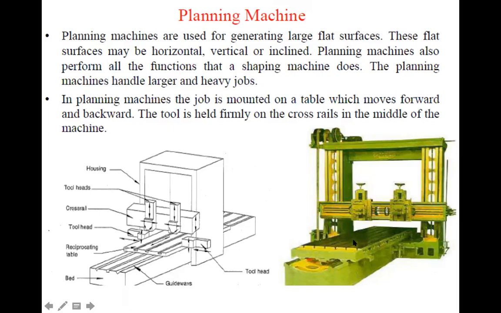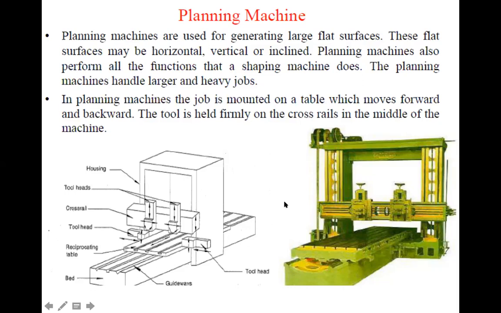This heavy workpiece is mounted here, and you are mounting the tool on this cross rail. The toolboxes are mounted on the cross rail. The cross rail can move up and down, and the toolboxes can move in the left as well as the right direction. So linear motion is possible, horizontal motion by the toolbox and vertical motion by the cross rail. Previously there was no motion in the cross rail in the shaper, but here the cross rail also moves up and down. Based upon the size of the workpiece, you can adjust it here.